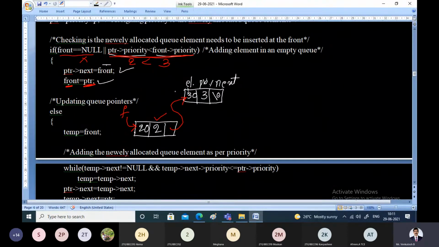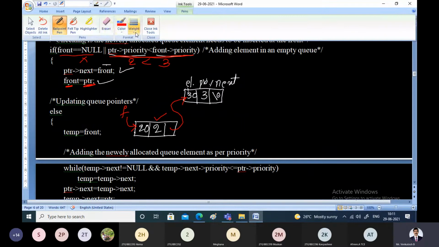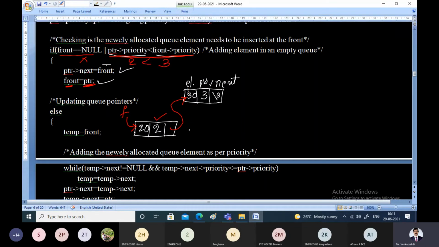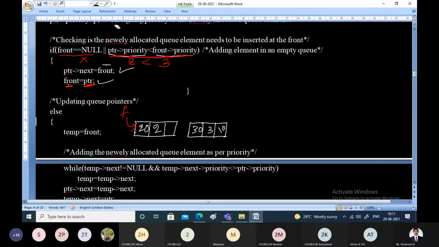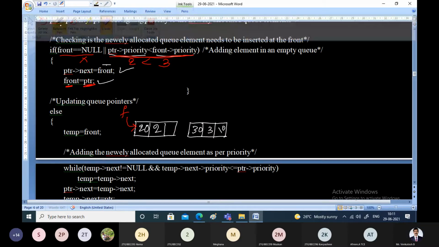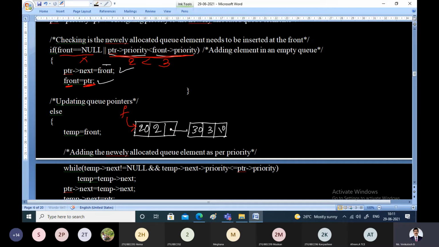So instead of writing it here, I'll just bring it down here. What is this element? 33, and it is pointing to null. This is pointing to this node. So these are the two elements.